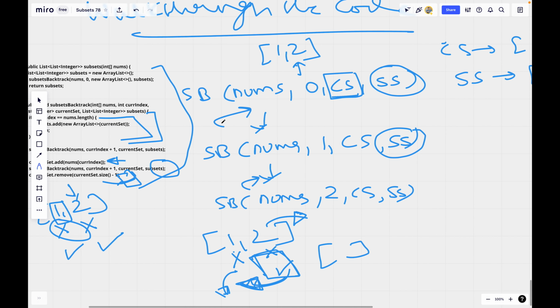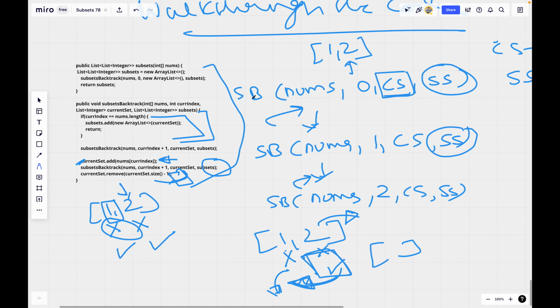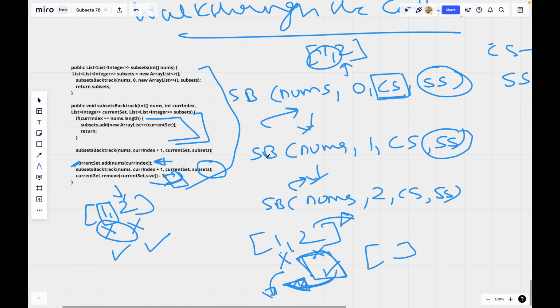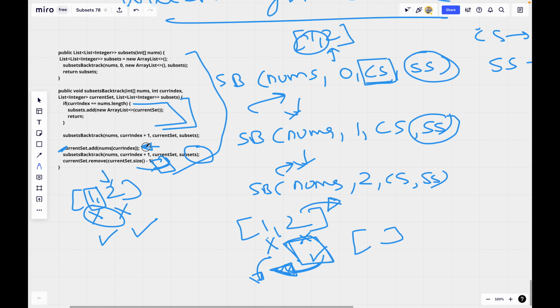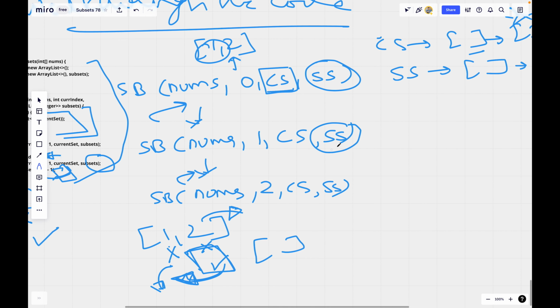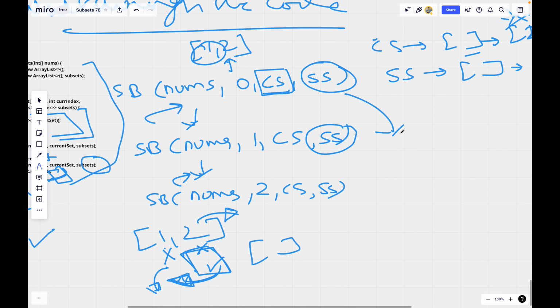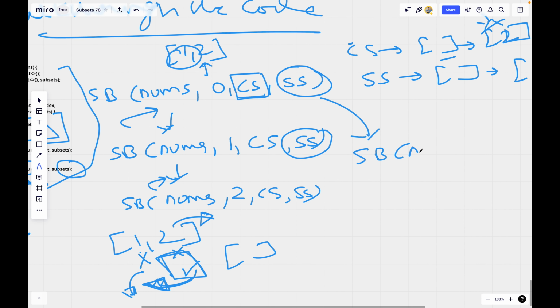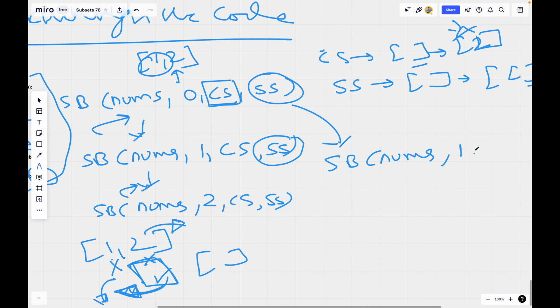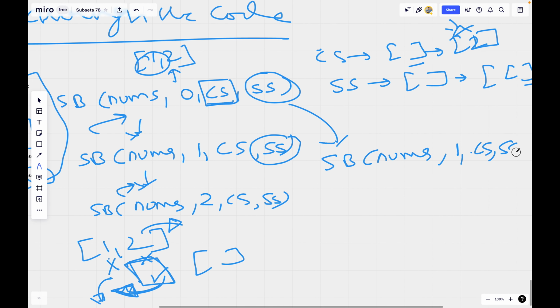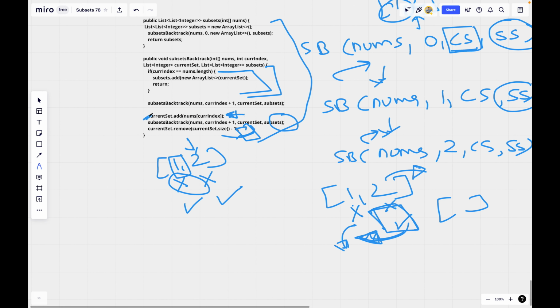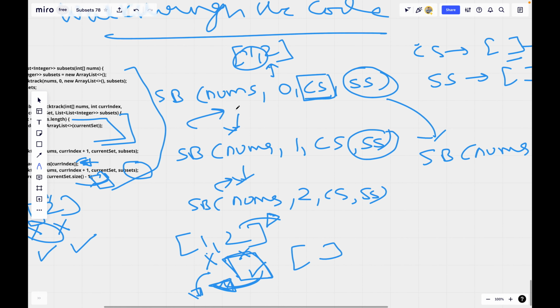The control reaches here. Now the last choice, that I must be included, will be executed and it will be called again. Now control comes here, it will again call nums index 1 current set subsets, but this time before calling this, it has added itself into the set.